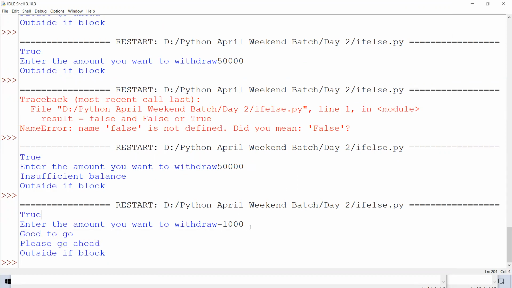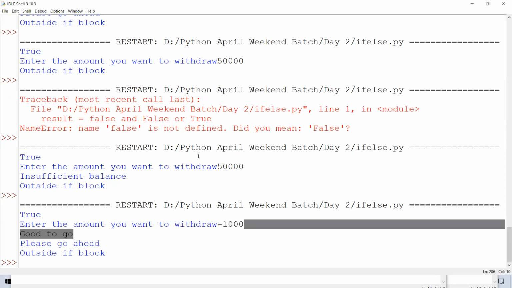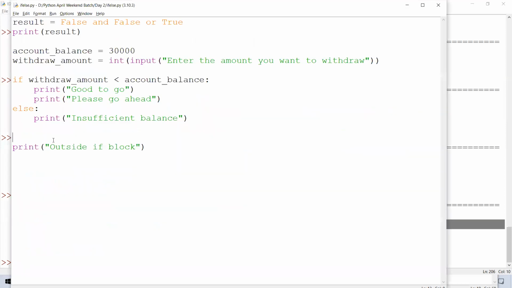So we should have another check here, that we should compare this also. It should not be negative. There should be one more condition here, right? Okay, so we should incorporate this condition also. So how will we do it? We will have another condition here. We can add it here, like